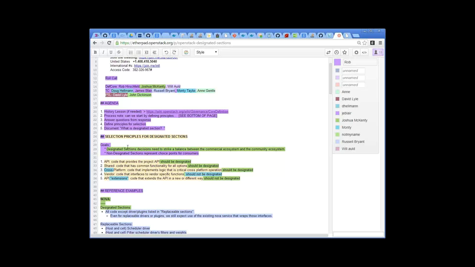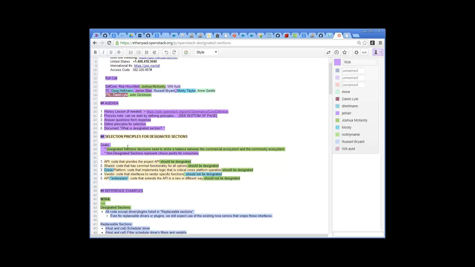If we can agree to some general guidelines where people can say yes, yes, no, no, and then we can argue about it, bring other people in, it's much easier to moderate those positions. That's all we're trying to do, not to create this acid test for a designated section.